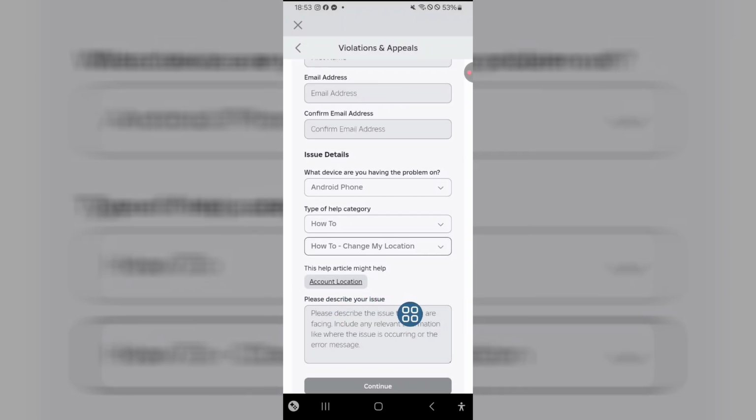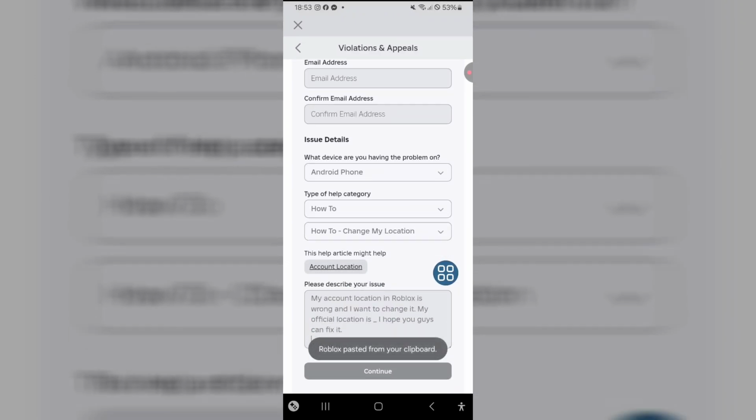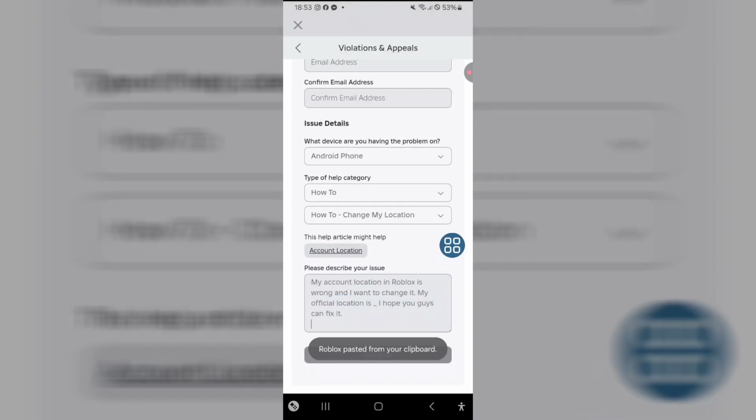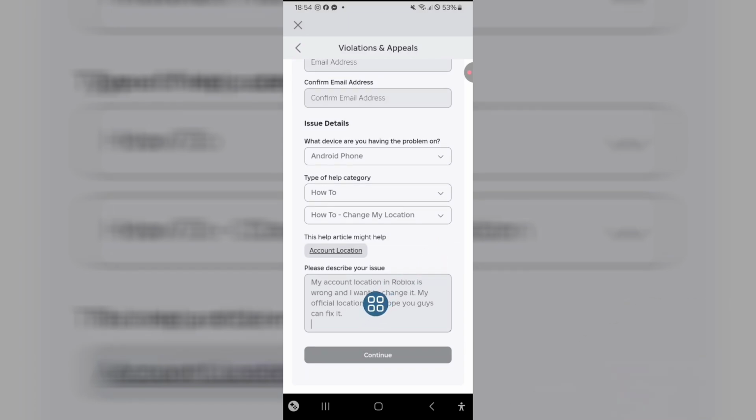Please describe your issue. Write your issue. My account location in Roblox is wrong and I want to change it. My official location is your location name here. Then I hope you guys can fix it. Then continue. I hope you will change your location when Roblox support team